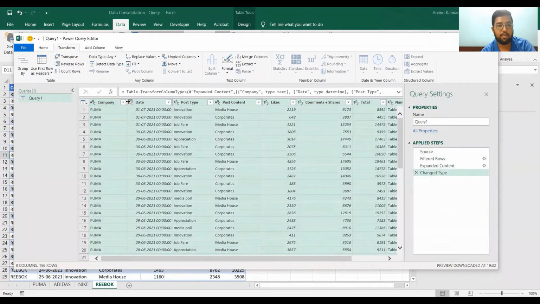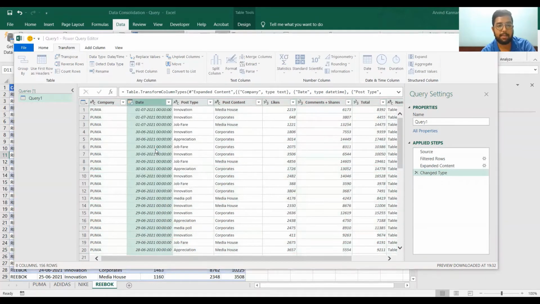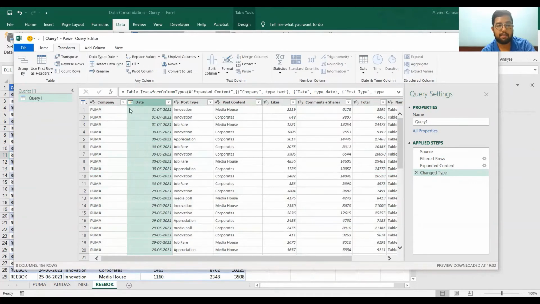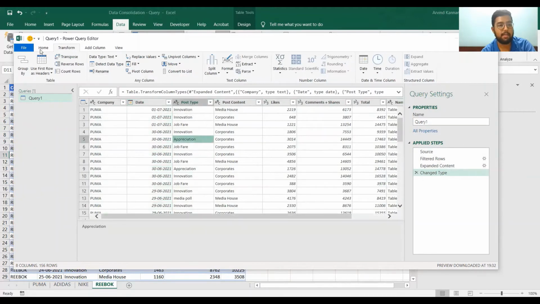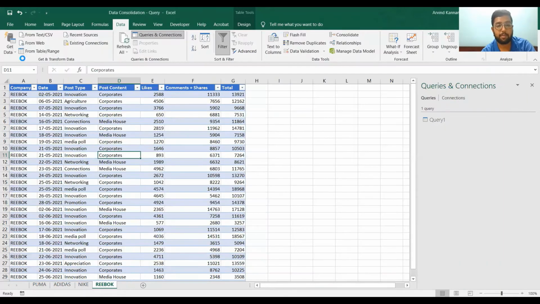All right, and I don't want date to have time as well. I want it to be in the proper date format. So I'll click here, I'll say date. I'll say replace current. It's in the proper date format like I wanted it. I can now go to home and say close and load. The moment I say that,